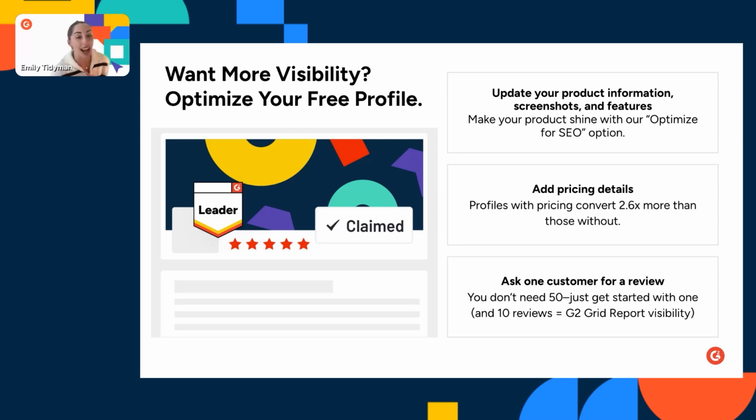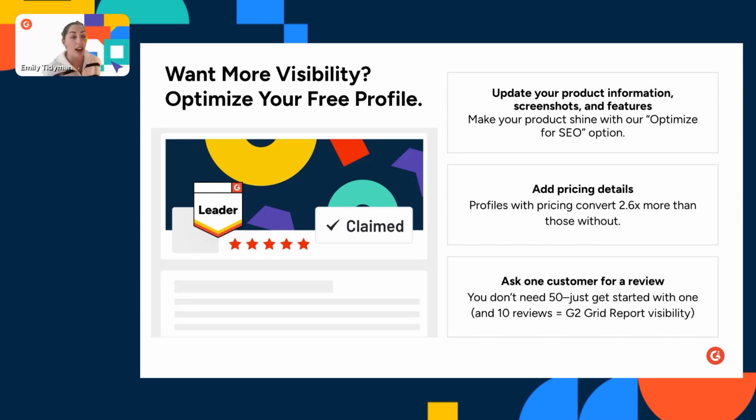We also recommend adding in your pricing. This is something we haven't chatted about yet. This is completely available for our free customers. And we found that profiles that have pricing information transparently listed tend to convert at a rate of 2.6 times more compared to those that don't have pricing.